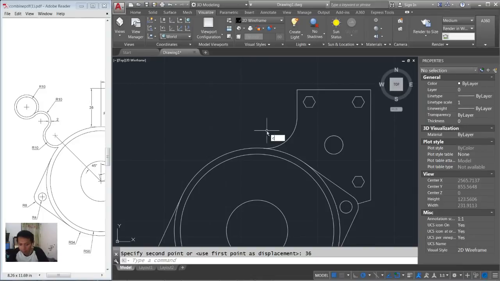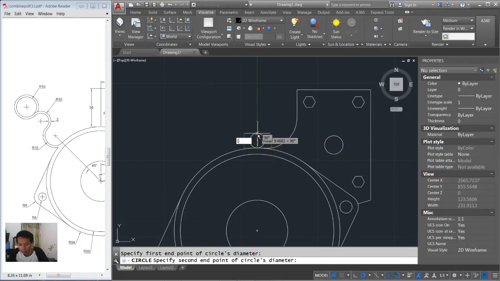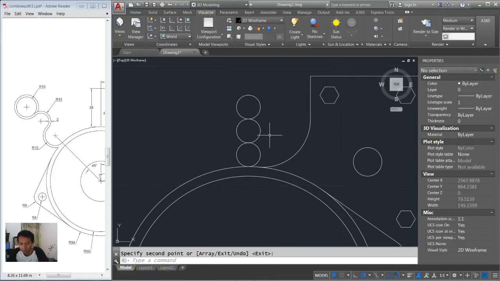I will create a circle here with 2 points, starting from this point to the top 10, and you can use the copy command to copy this circle object. Click at this point, we copy to the top here. Next, use the trim command to cut in here,